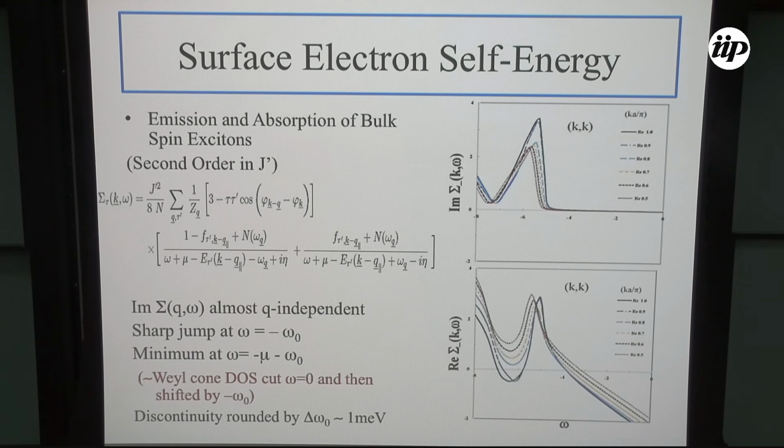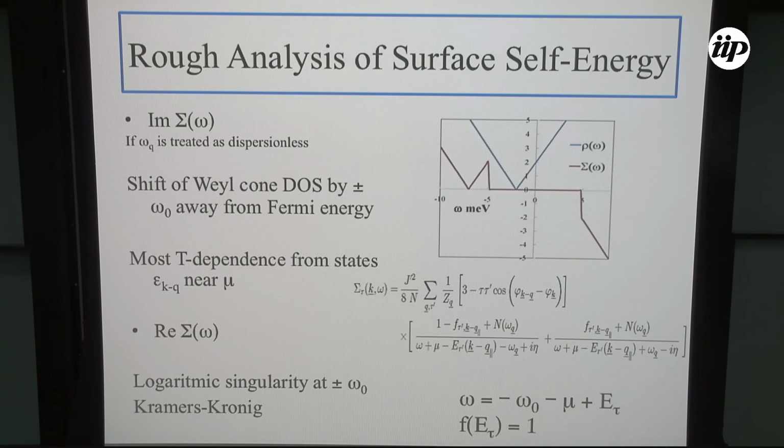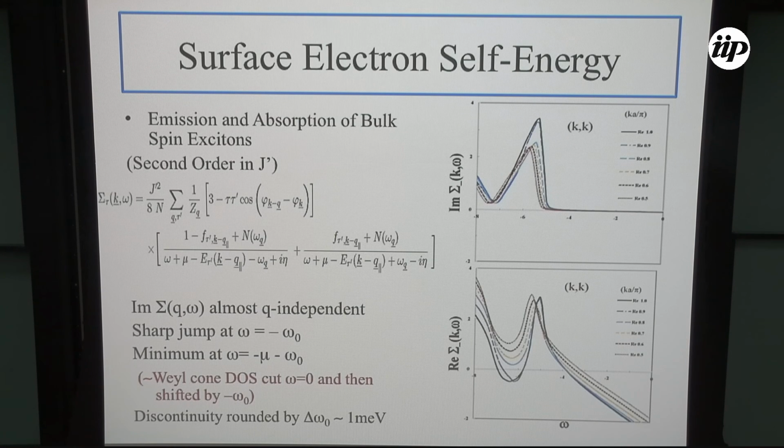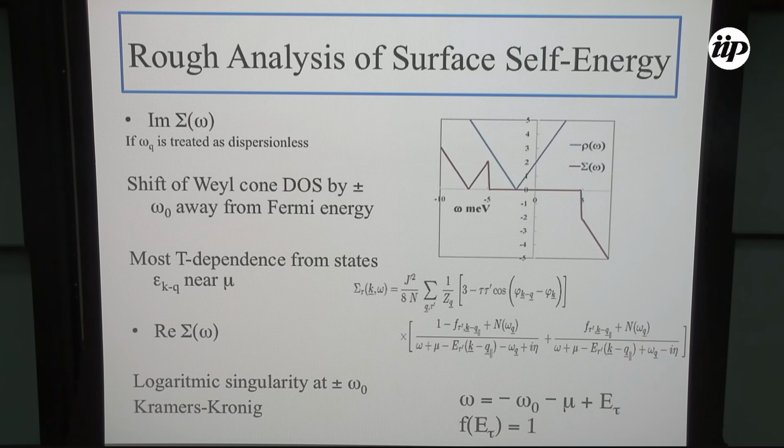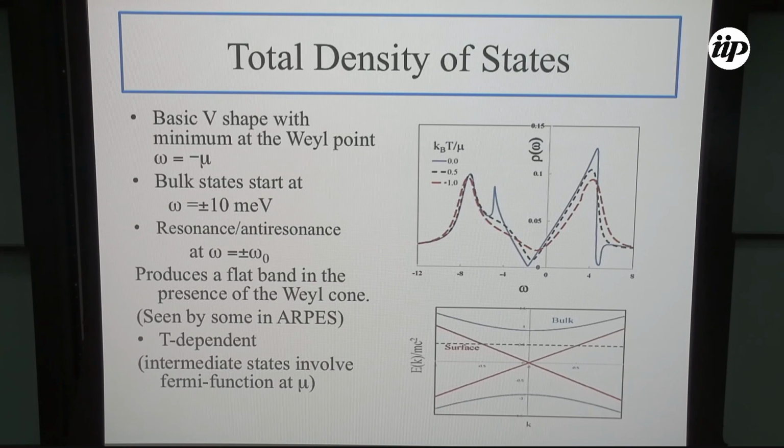And what you find is, because it's a two-dimensional system and because of the sharp nature of the spin-excitons, the self-energy has this peculiar triangular-like feature. And this is the real part of the self-energy. I'm not going to explain why. It's just a second-order perturbation calculation in emission and absorption of spin excitons, and what you can see then is that there's a logarithmic singularity at the spin exciton frequency in the self-energy. What that does to the density of states is produce this,